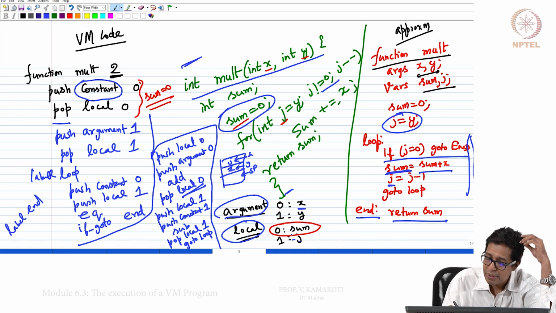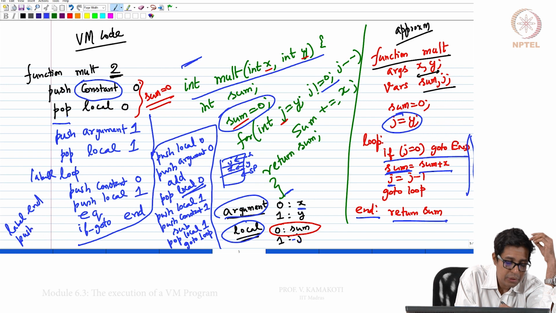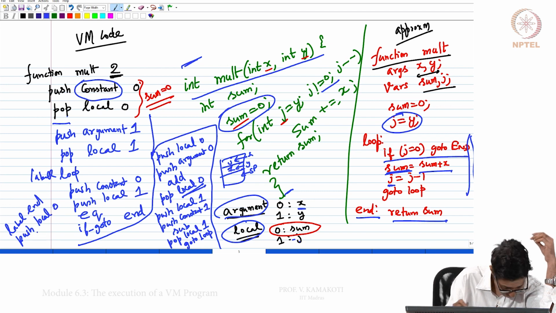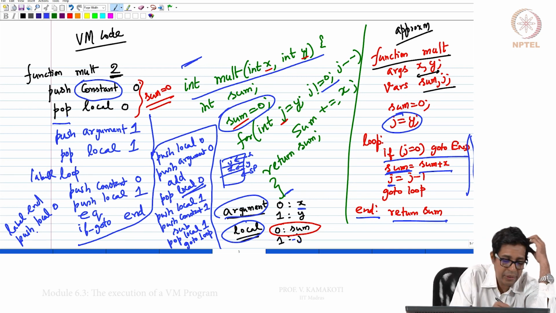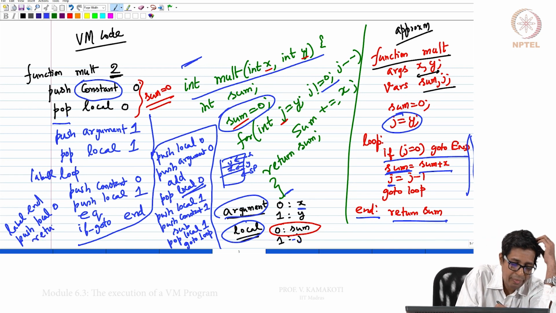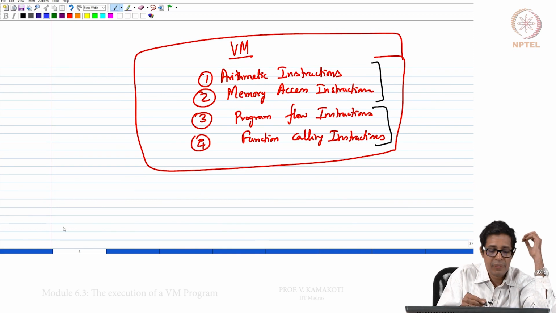Return sum is I have to push local 0 and return.